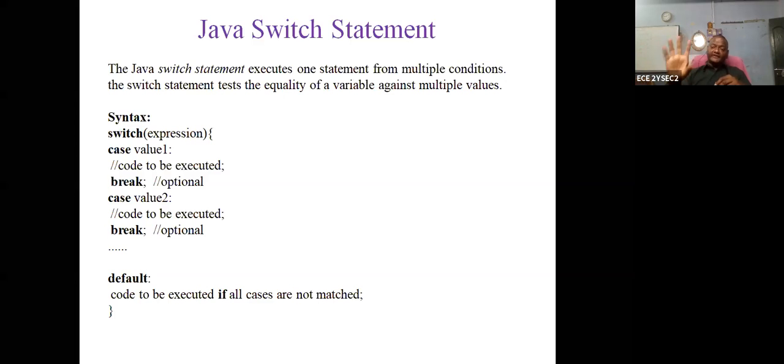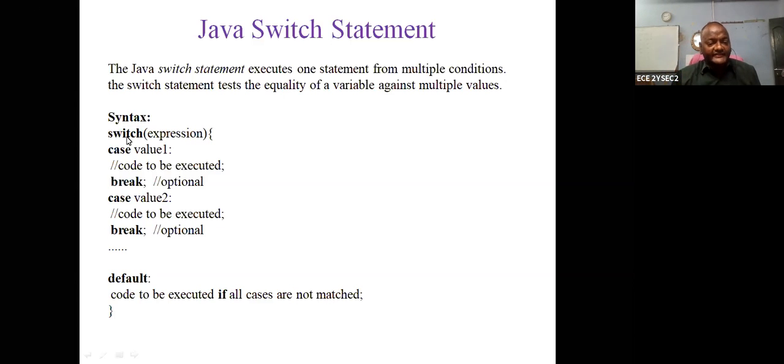Suppose if any one condition fails, then there is a last one that is called the default. What is the default condition in our college? Principal or HOD. So the first step is to check the given variable, then check the value. If it matches, it goes directly to that particular case and that program is executed. If the first is not matching, check the second, third, fourth, continuous matching until the matching succeeds. If the matching is not possible, then the default is executed. So this is called a switch condition.